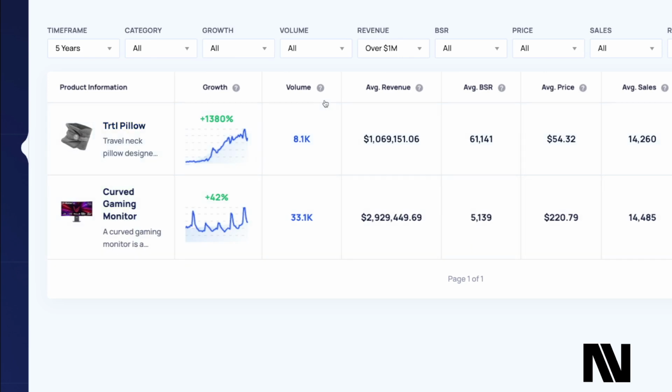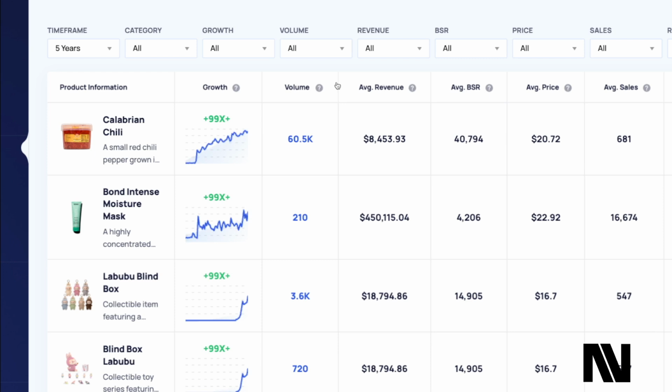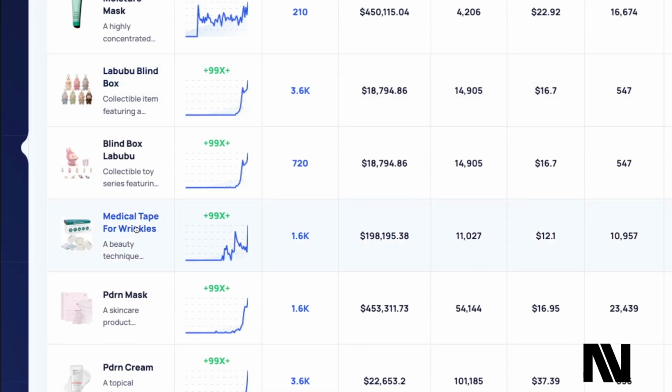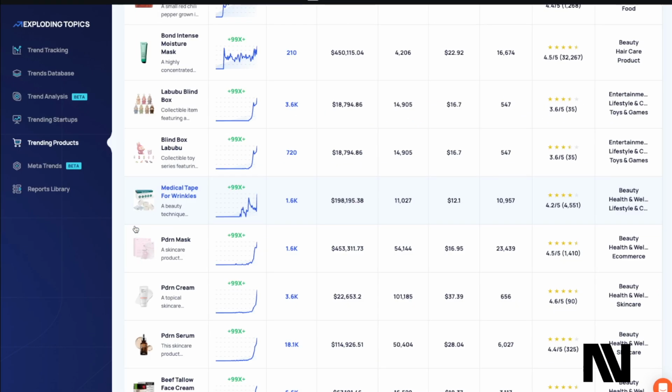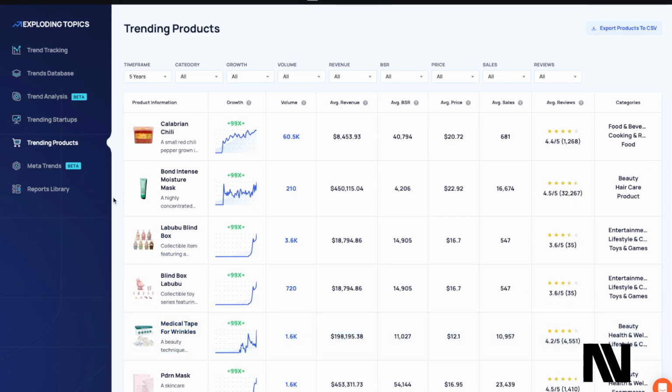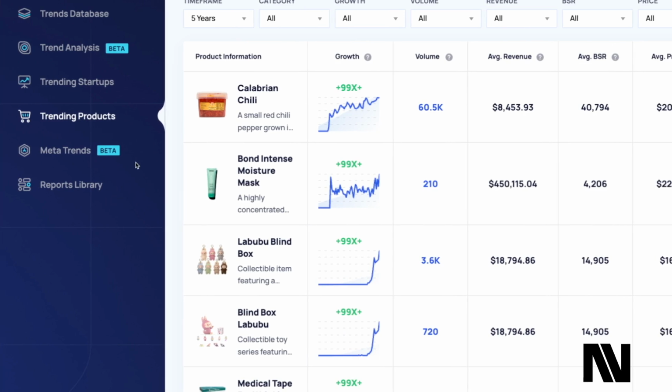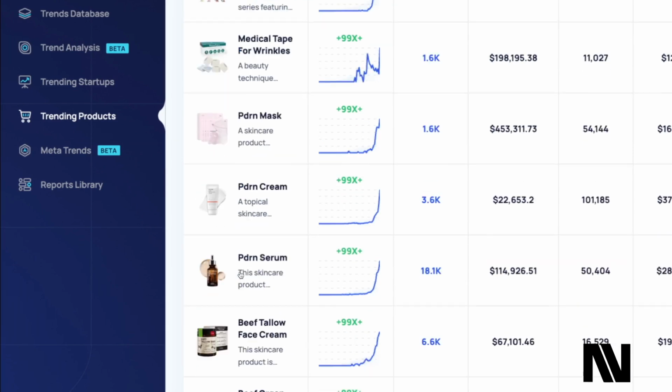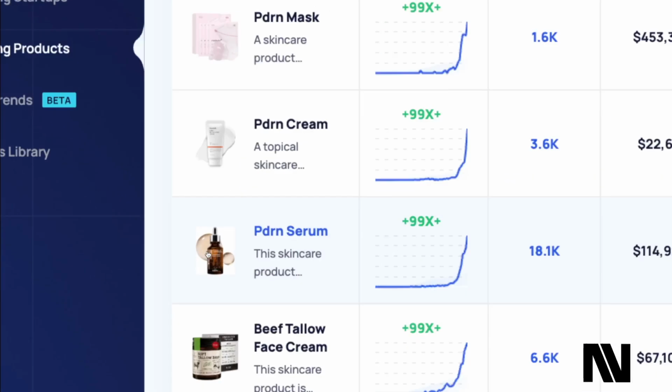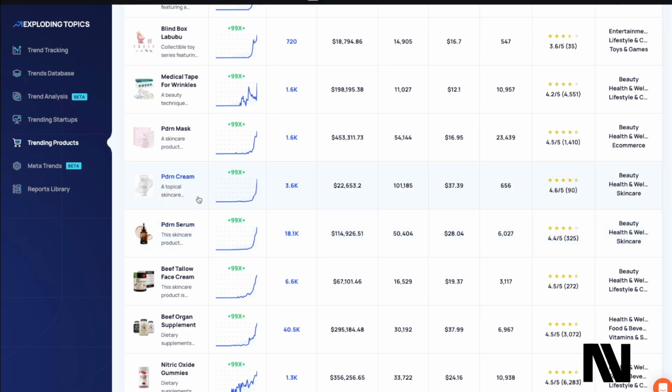I'd say, yeah, over 1 million in revenue, there are only 2 items. So most of the items that you'll discover here will be lower revenue, relatively speaking, products or niche products like medical tape for wrinkles, which might be helpful for those people who are in e-commerce who are trying to come up with new ideas for products to sell, or maybe more emerging products if you're a larger company that's trying to come up with maybe a product that they can put their branding on and sell